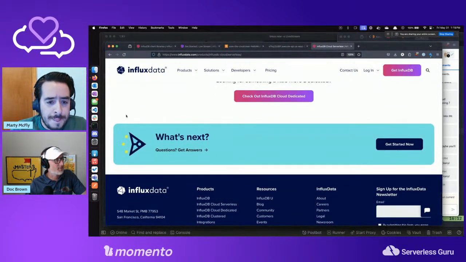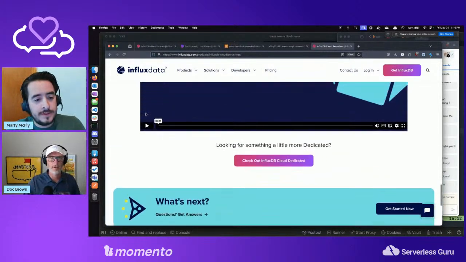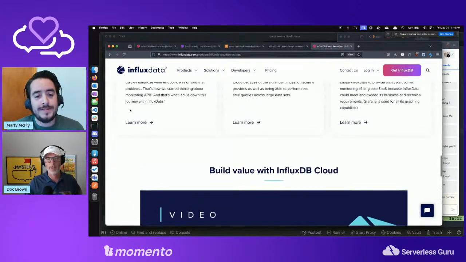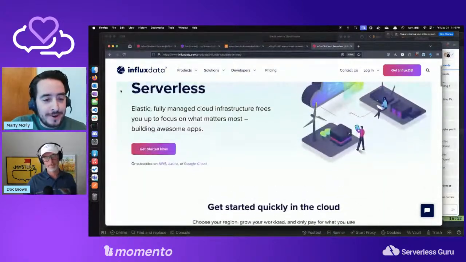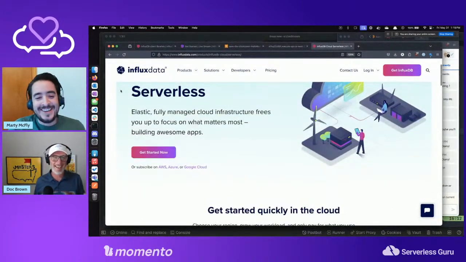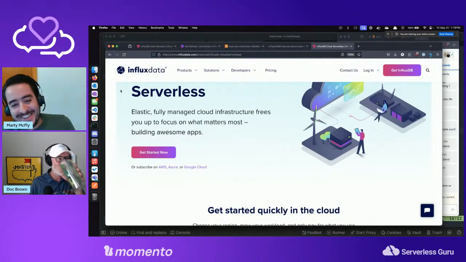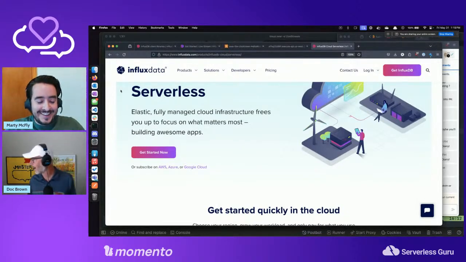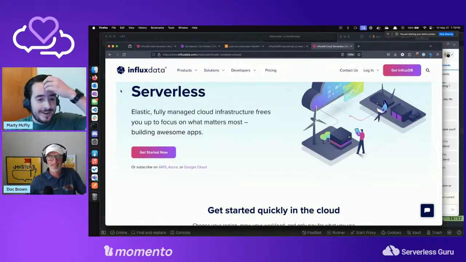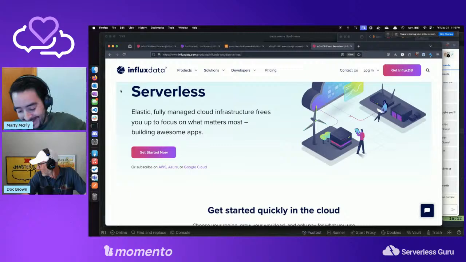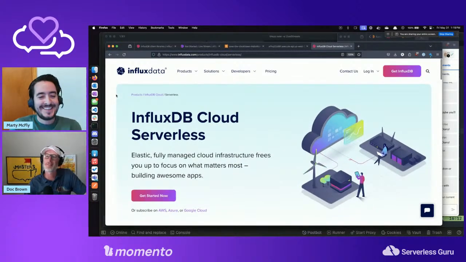I can tell you this: if you're at re:Invent and you see their booth, get their socks because their socks are legit. Oh, really? I've got a ton of InfluxDB socks. Yeah, they're legit. All right, well, cool. So they bought your opinion, Ben. No. Yes, this is no longer unbiased. Yeah, I know, I feel bad. Yeah, it's all coming out. Sorry, people. We need to take off. We can't continue. Ben's been bought by Influx for their socks. No, they do have good socks.